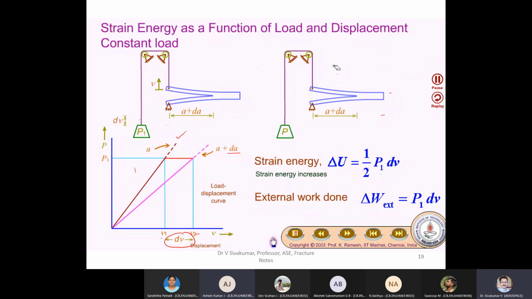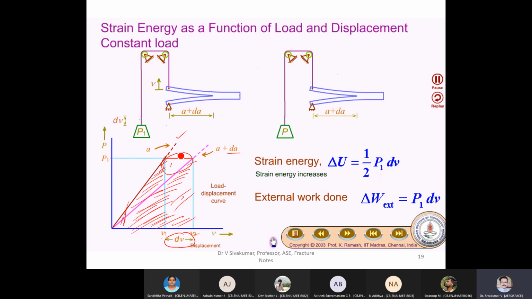So what does this constant load mean? At a constant load only, we are finding the energy. Initially, where is the energy I got? This one, isn't it? Now, the initial energy is this. In the second case, how much? This. So this minus this, I can get